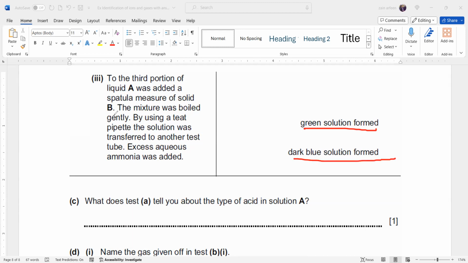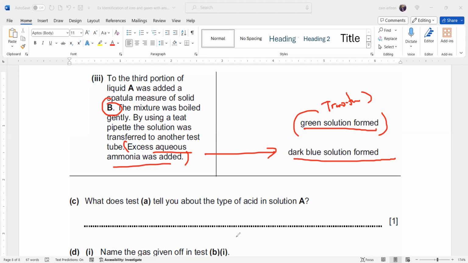So what does this give an idea about this substance B? Because liquid A is an acid, we know. But when we add substance B, the metal B, and we heat it, we observe first a green solution form and then the dark blue solution. What does the colored solution indicate? When a green solution is formed, this gives an idea that there's a transition element. But then excess aqueous ammonia was added and we observe a dark blue solution. What does this indicate? If you add excess ammonia and you observe a dark blue solution,